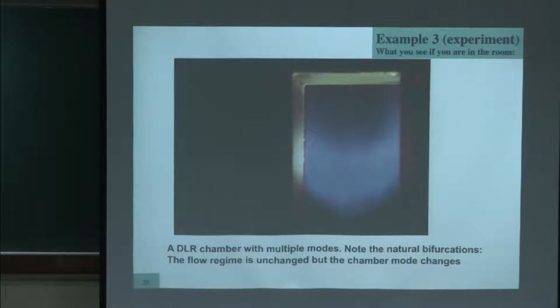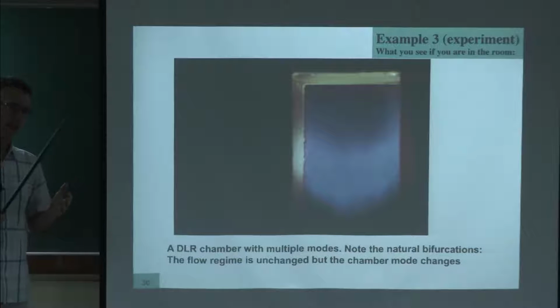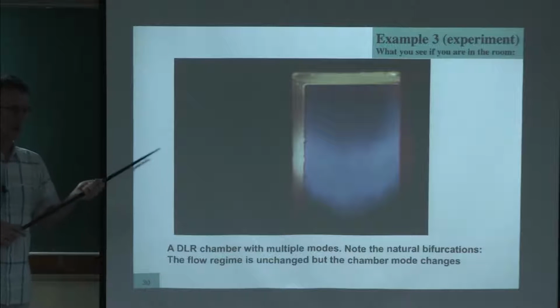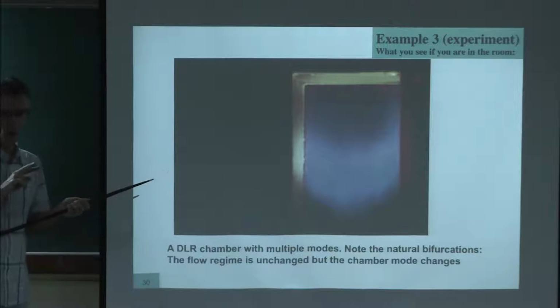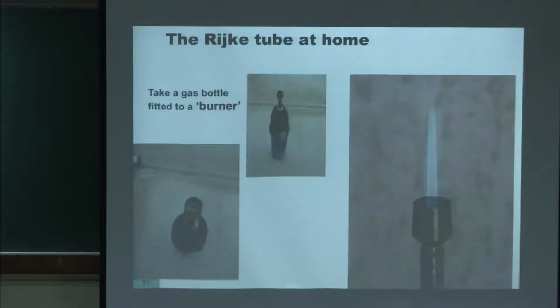So as you heard, we had low frequency modes, high frequency modes, and the flame was alternating between the two. We don't change anything. So that's a problem because it means that if you look at an unstable regime, you might have more than one instability which can appear for this regime, and the modes are competing. Whichever mode is most amplified takes over for a while, then the other takes over. So that makes things even more complicated.